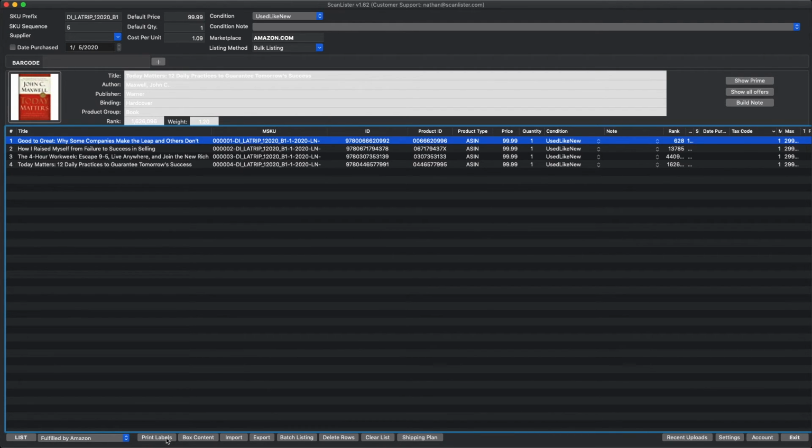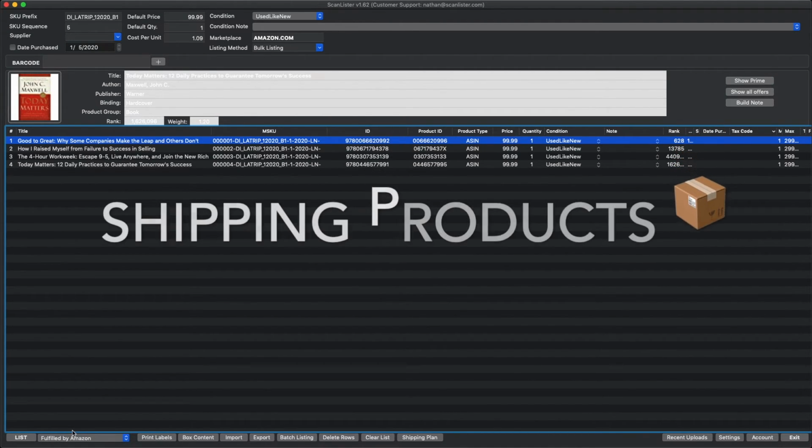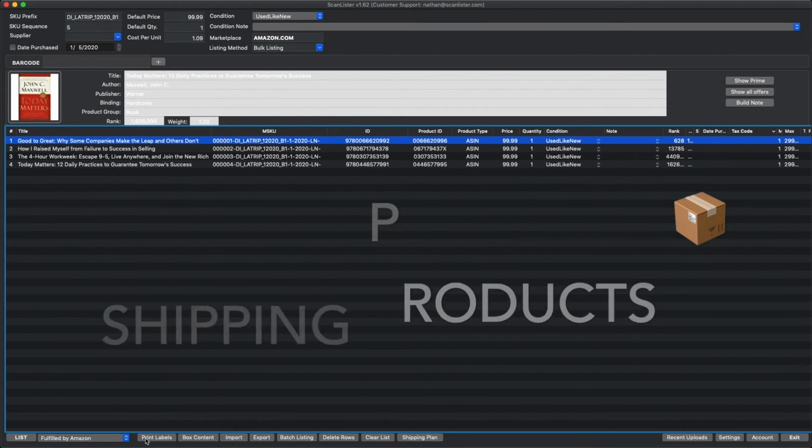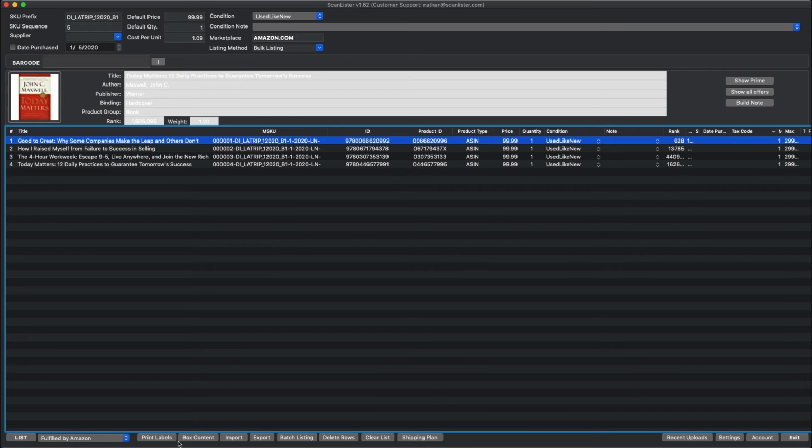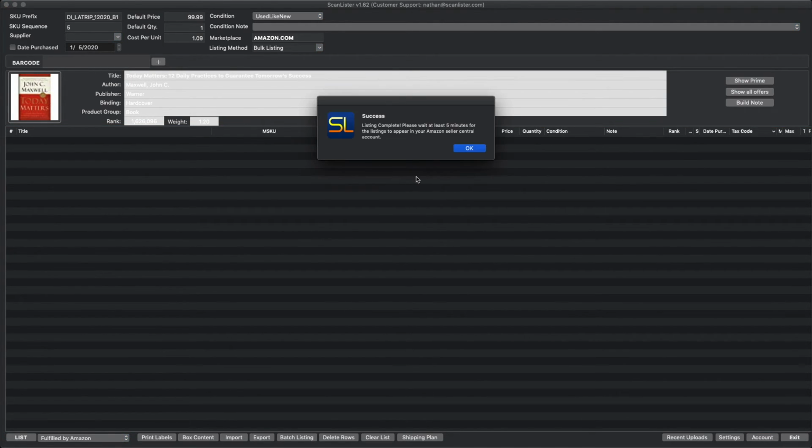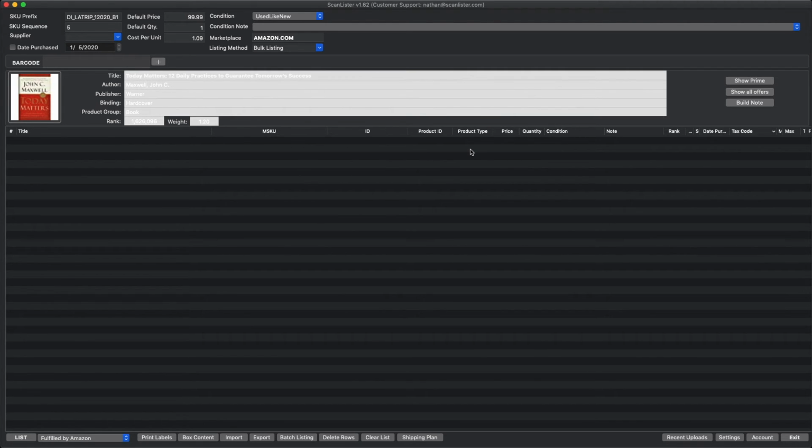With that being said, here's what I'll do. I'll actually go ahead and continue and ship out a shipment for you. So let's go ahead and list these books. It tells you listing complete, please wait for 5 minutes. The reason they're asking you to wait 5 minutes is because they want to make sure that that information is being sent to Amazon. So I give it about 5 minutes, and the very next thing you're going to hit